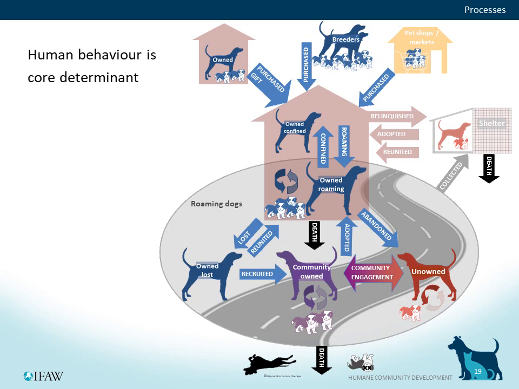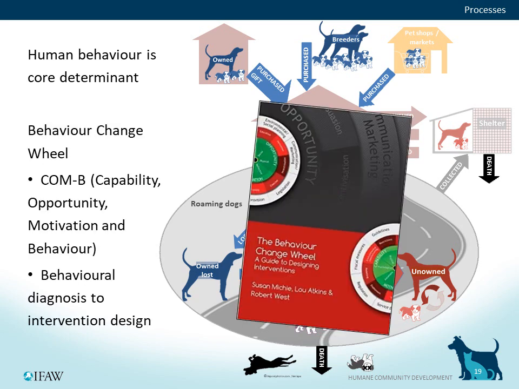I'm not going to be able to cover this today, so I just wanted to flag this book as one I found particularly useful in DPM. The Behaviour Change Wheel uses the COM-B model to understand behaviour. So that's looking at someone's capability, opportunity and motivation to perform behaviours. This book also takes you from that first behavioural diagnosis stage of trying to understand why people do what they do, through to creating a targeted intervention designed to change behaviour sustainably.